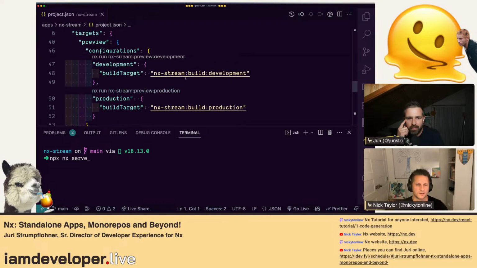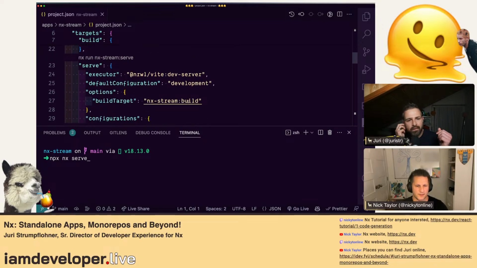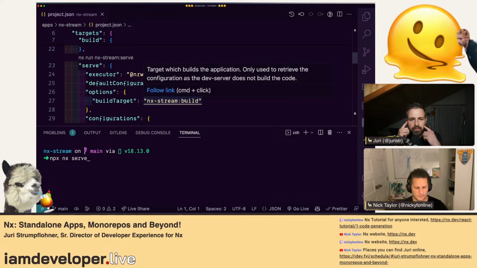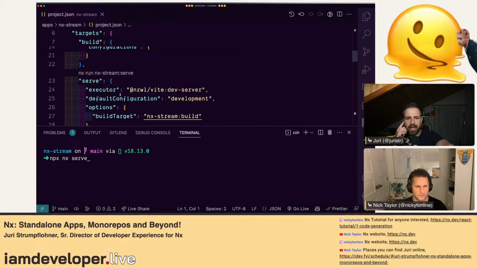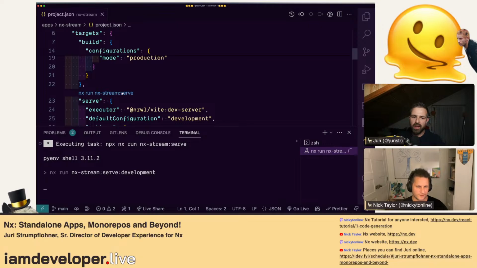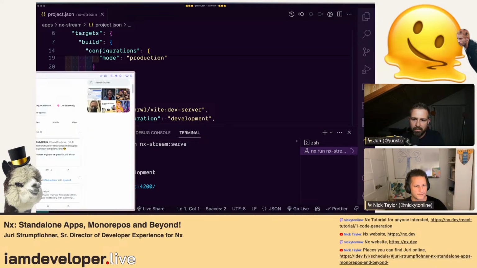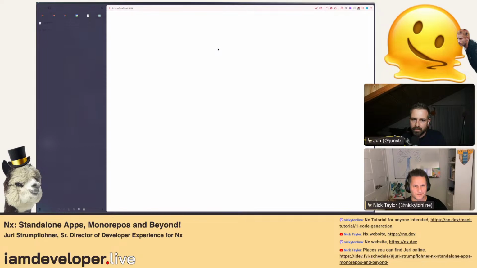Oh, you're saying I could just click on these like links. Okay, gotcha. So I could just come here and then click nx build. Oh, below, no, above the serve, like in line 23, you see that inline. Yeah, you can just click that, and it would run basically nx serve and the product name, which is nx stream. And then you have it served up at the port here. It opened up in my other browser, but yeah.